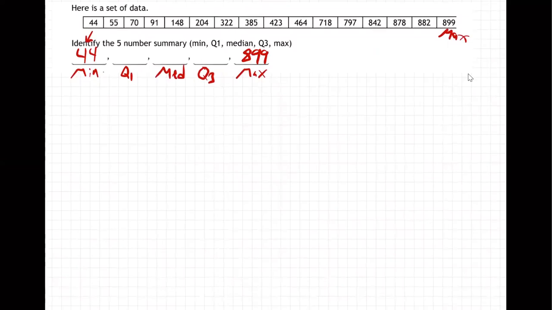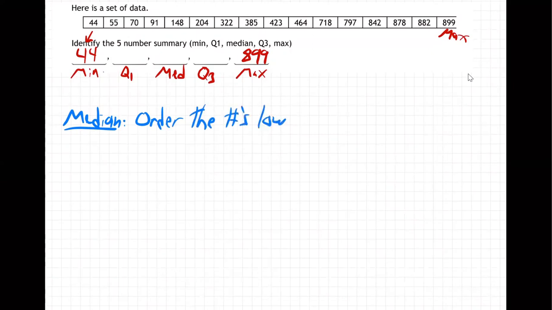So we know about median. We've already learned about median. How do we do median? Let me write that out down here. So to find a median, you order the numbers low to high. And in this case, these ones are already,